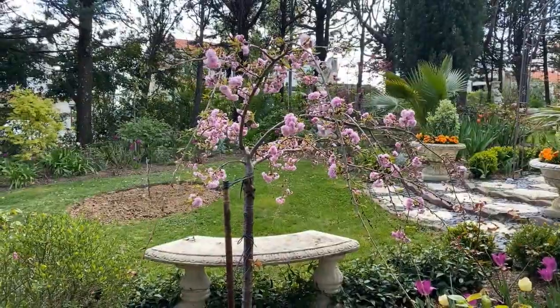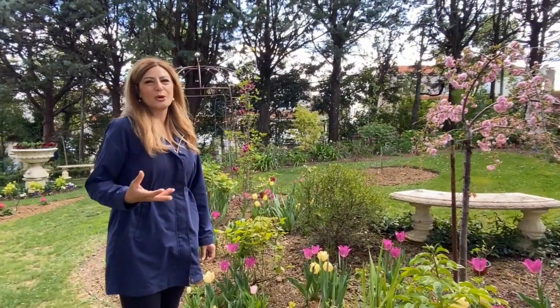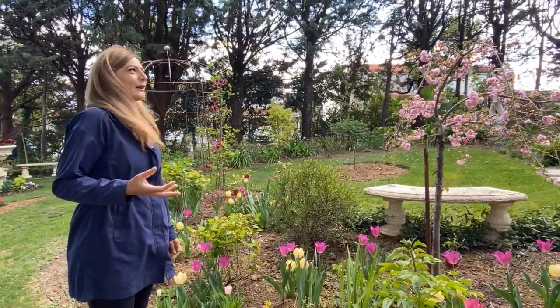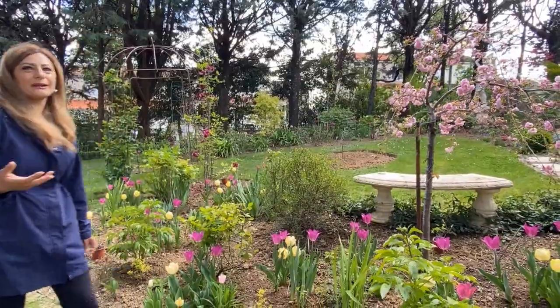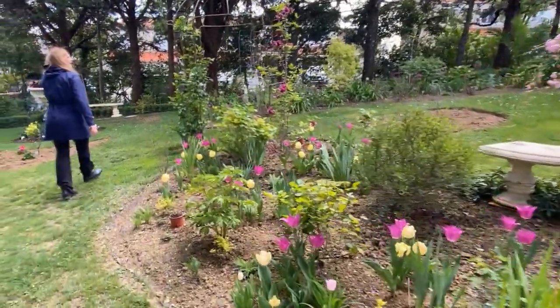And I have a thing about weeping trees. I don't know, I love weeping trees. I think they're just so beautiful and so unique. So I would probably collect them. I just love them so much. Anyway,